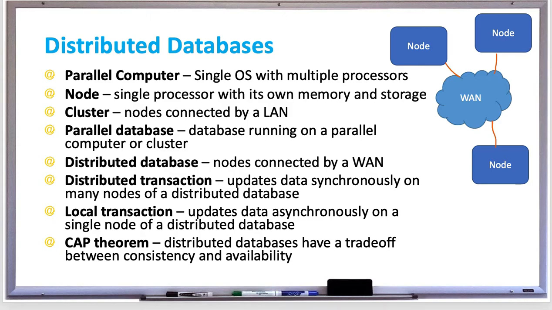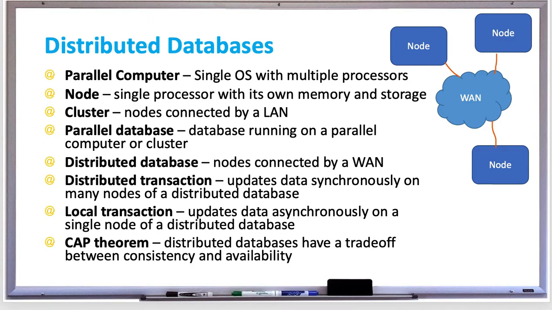A consistent database follows all the rules governing the data in all nodes. An available database is when the live nodes always respond to queries, and a node is considered dead if it's unresponsive, but live nodes always respond. A network partition happens when network errors prevent nodes from communicating. If a network partition occurs, then a partition-tolerant database keeps functioning.